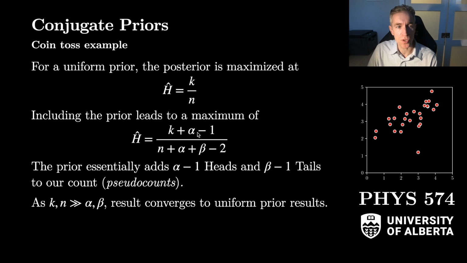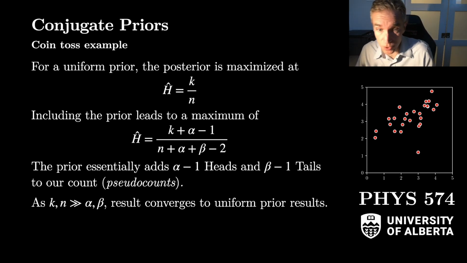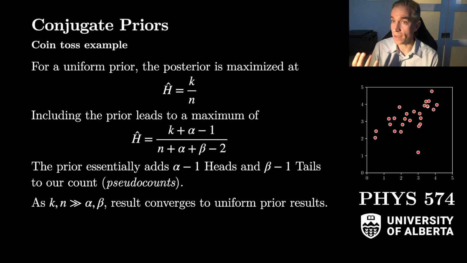All these extra terms drop out and k over n becomes the limiting case. So that shows good behavior, and it offers this interpretation for how the prior results are converging. But it's also nice because